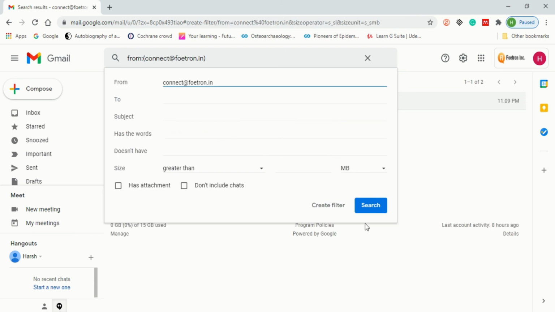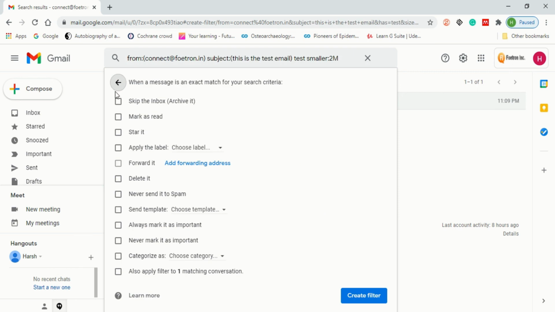So you have seen the feature of search. Now we will use it for creating an automatic filter. For that, if there is any mail in the future that has a subject of "this is a test email", or has the word "test" in it, or something like that, and should be less than 2 MB, has an attachment or doesn't have an attachment, that doesn't matter, you can always click on create filter.